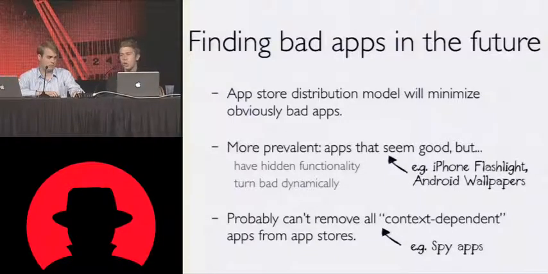But the question is, what are we seeing right now that leads us to believe that different sorts of things are happening? For example, apps that seem good but actually have hidden functionality. This flashlight app, I guarantee you, was a wake-up call to everyone, A, who wanted to tether, but B, who's trying to sneak things into the App Store, whether it's just because you want to get access to protected APIs to get someone's phone number, or you want to do something far worse. There was an